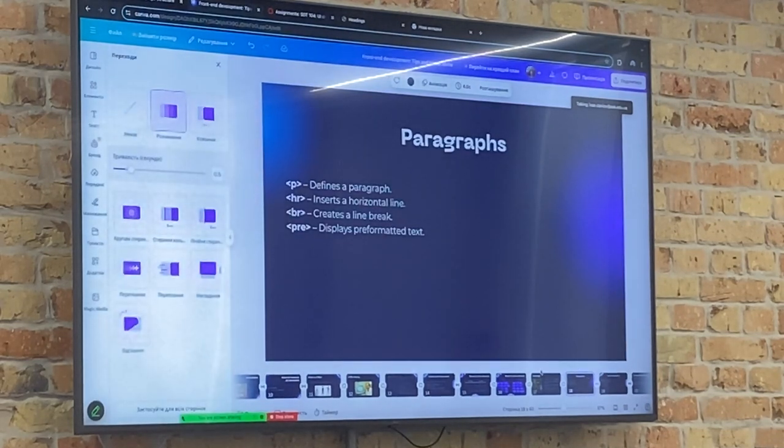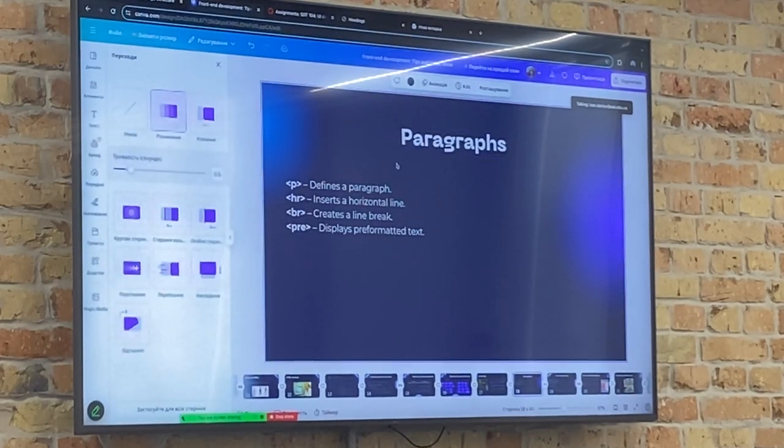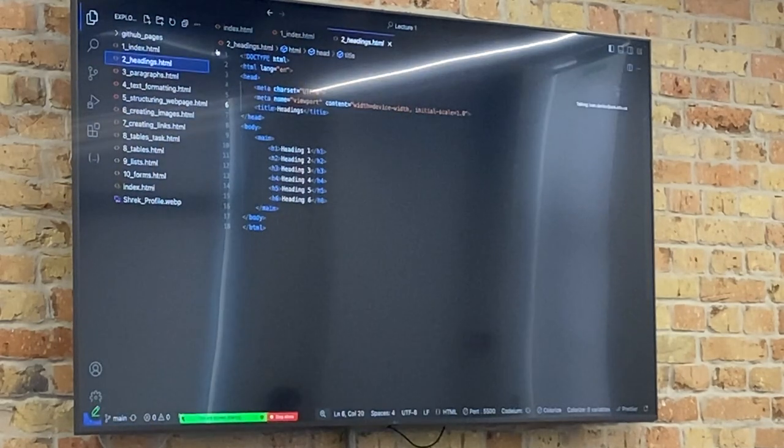And the next one is paragraphs. You can define a paragraph with p, it's just ordinary text, and it's used for some description, some information. For example, if we have a booking card with days or something like that, you can use the p tag, because it just defines the paragraph, just plain text. And also we can see